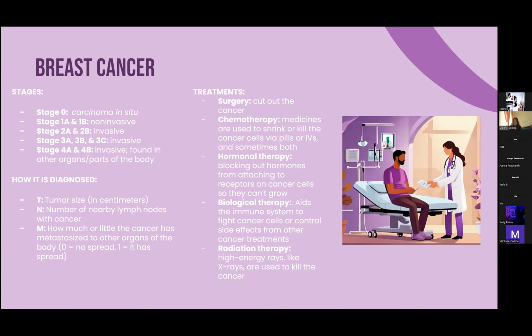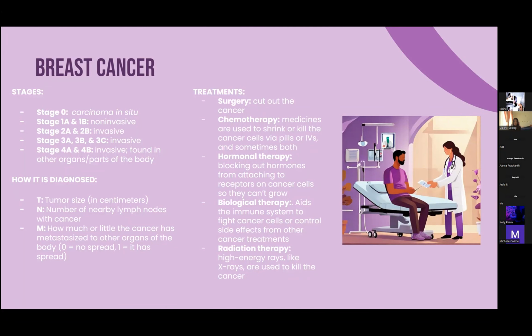So there are 5 stages of breast cancer. Stage 0 is known as carcinoma in situ. Carcinoma means cancer, and in situ means in its original place, so those in this stage have cancerous cells, but they haven't spread anywhere yet. And then in stage 1, the cancer is non-invasive, meaning that it hasn't spread to other parts of the body. But in stage 2, it is invasive, and it has spread to some lymph nodes. And in stage 3, there can be tumors in the breast. In stage 4, it becomes much more serious, and it's still invasive, and this time the cancer can spread to other organs and other parts of the body, like the liver and the brain.